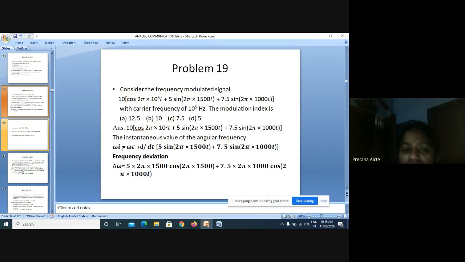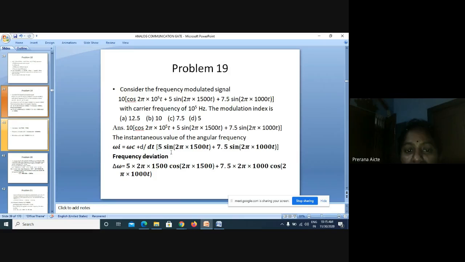Omega i will be equal to omega c plus d by dt of phi. Here phi is 5 into sine of 2 pi into 1500 t plus 7.5 into sine of 2 pi into 1000 t. If you find out del omega,